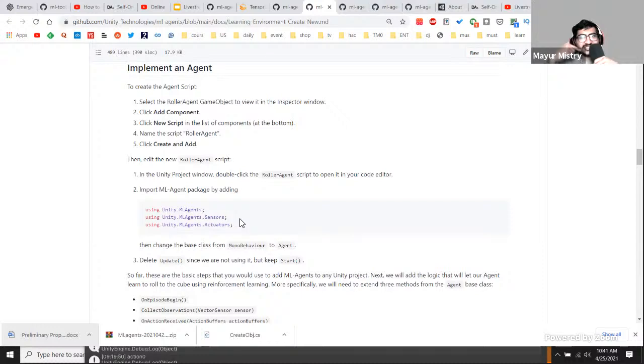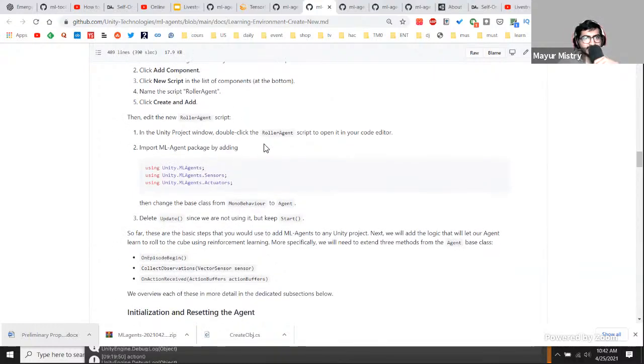There's also a quick installation. So in Unity, from the package manager, you need to install ML agents, and then once it's installed, you can call those Unity ML agents package in the C sharp script. So once that is done,